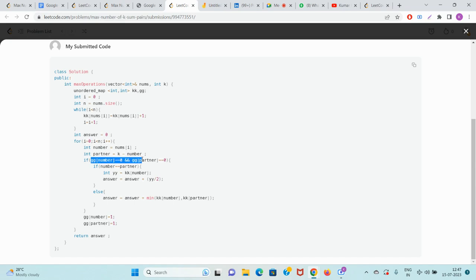The number and its partner should have never been used before. So if GG of number is 0 and if GG of partner is 0, then the answer will be what? If both the numbers are same, then you take its frequency and you add half of the frequency to the answer. But if both the numbers are different, then take the minimum frequency of both of them. Okay, once this is done, you set GG of number as 1, GG of partner as 1, it means they